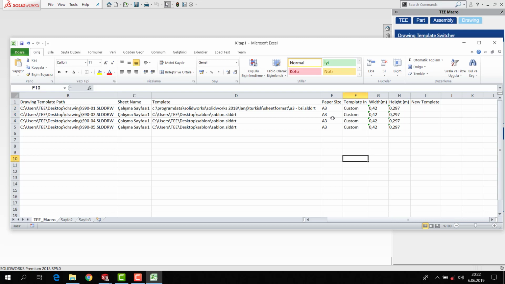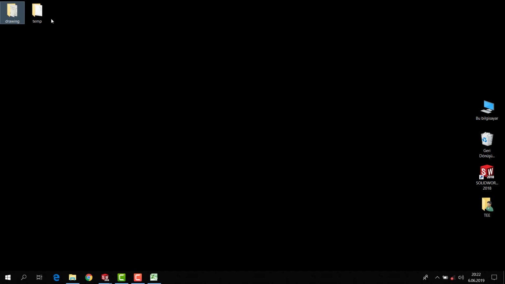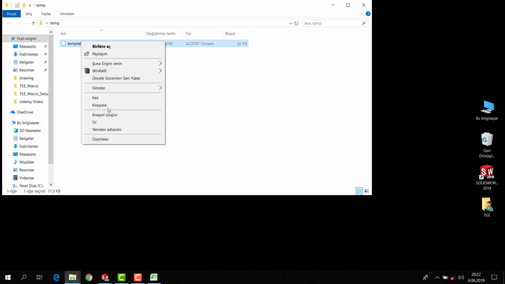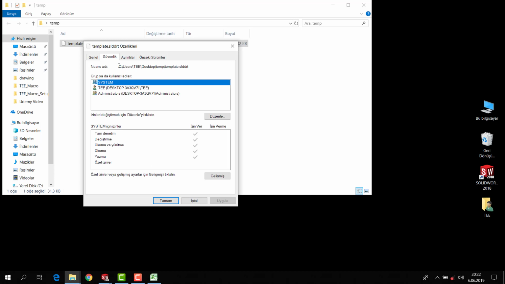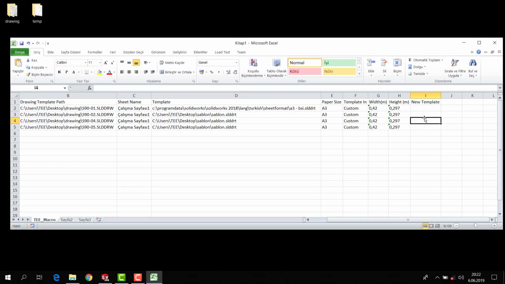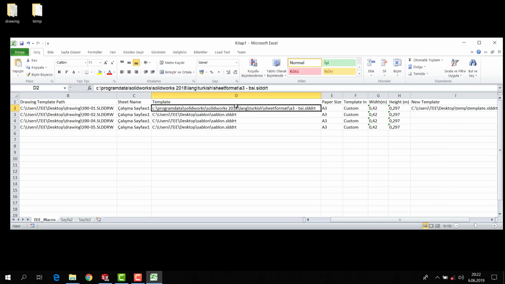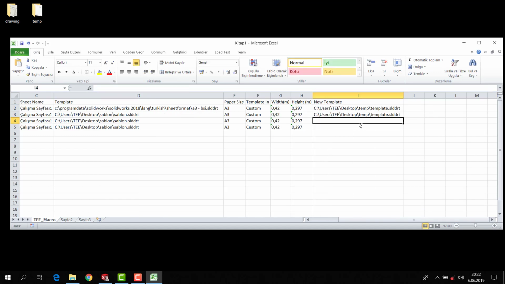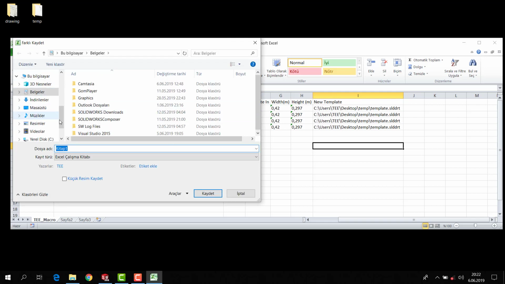For example, if you want to change a different template, you just only write the path. And before the lesson I create a template and I get path and I click OK, and I just only enter it. You will see I change like this. Yes, I write the new template and save it,